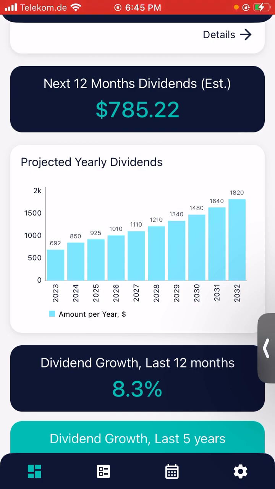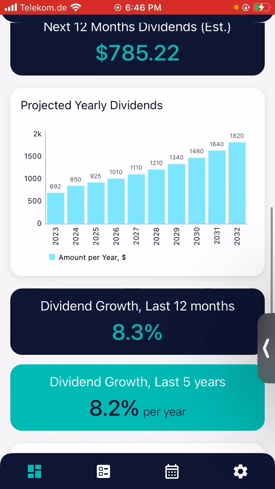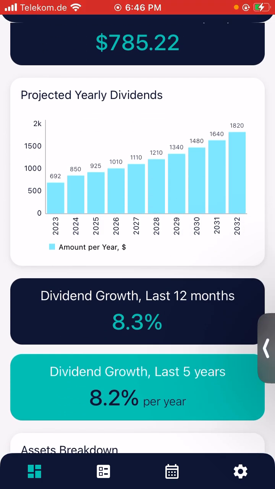So as of today, with what I have invested, I am going to receive $692 in 2023, and this dividend will increase on average between 8 to 8.5%, depending on the yield for each one of the shares that I have bought, and also the dividend growth of every stock that I have purchased. But based on the information that I have today, I should expect to receive